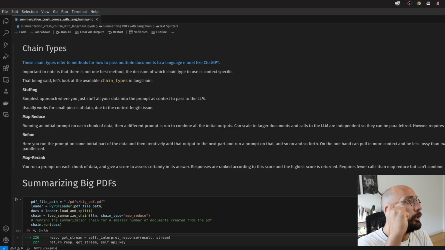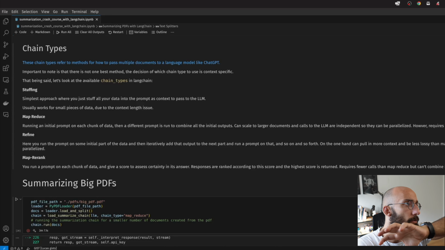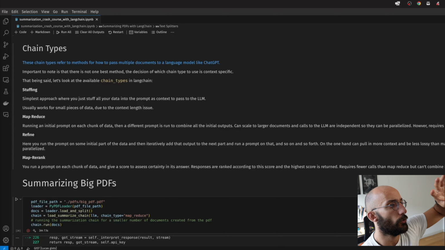So what is MapReduce? You have an initial prompt on the first part of the data, so the initial chunk of the data. And then you get that output, and you run a prompt to combine all the initial outputs, so you can scale larger. Exactly. So then with MapReduce, what you're doing is